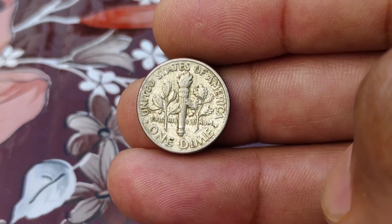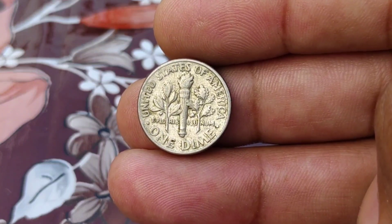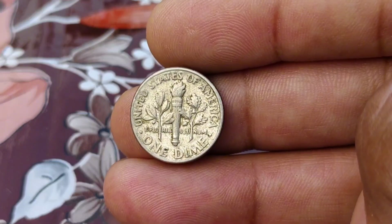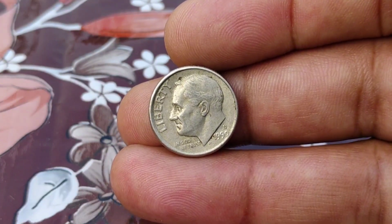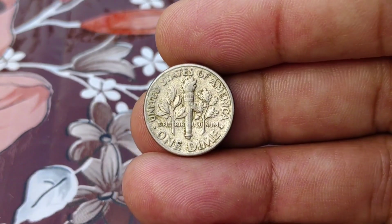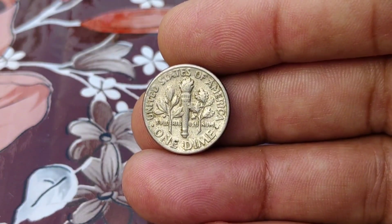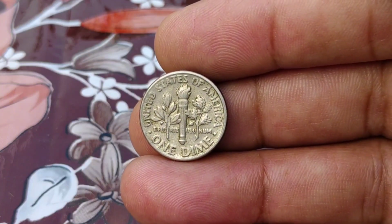The 1990 D dime isn't particularly rare since millions were minted, but its value can still rise under specific conditions. The Roosevelt dime has been in circulation since 1946, honoring the legacy of President Franklin D. Roosevelt. The 1990 D is part of this long series. While it's not inherently rare, dimes in high-grade conditions, or those with minting errors, can fetch impressive prices. For example, a dime in very fine condition, meaning it shows minimal wear, might hold added appeal to collectors, but